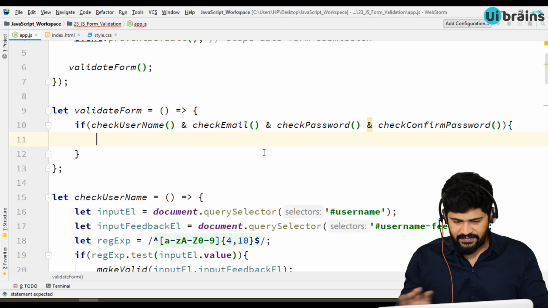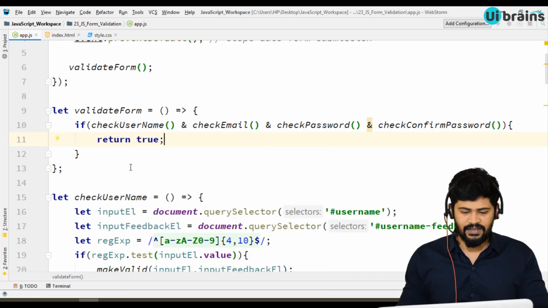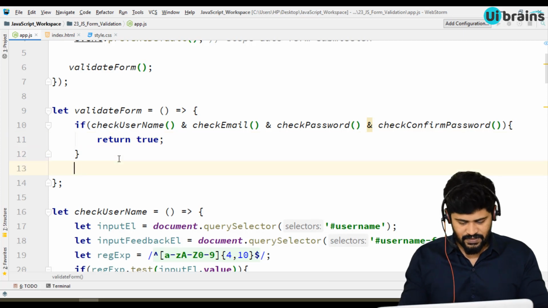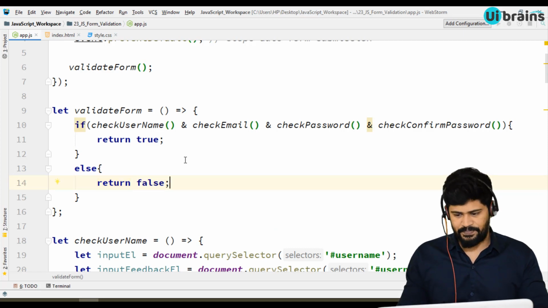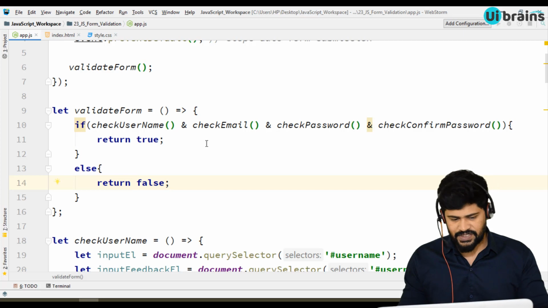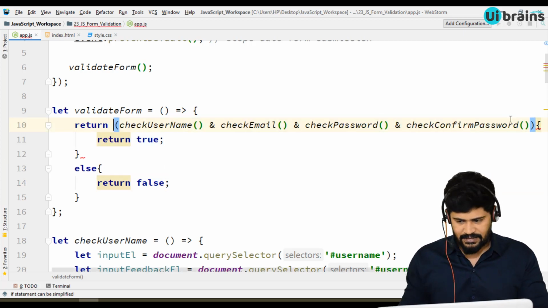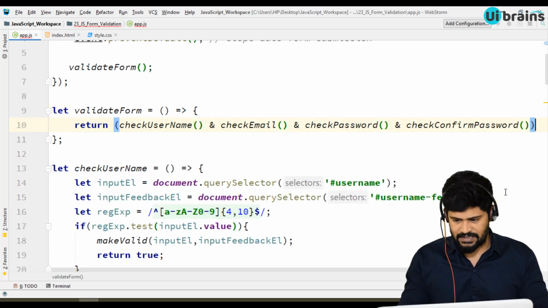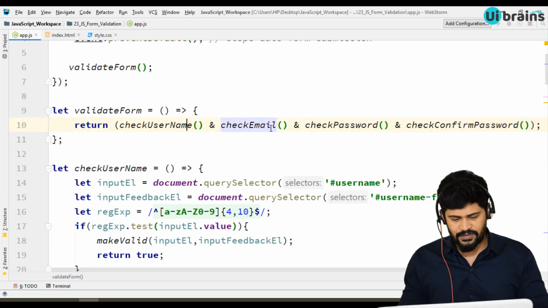If everything is evaluated successfully, I say return true. Else return false. Yep, you made it. And instead of doing this much, you can do a shortcut actually. You can directly say return. You don't need to make these many lines. Return this one, this one, this one, this one. Everything evaluates to true, so true and true and true and true. Everything true, then it returns true.